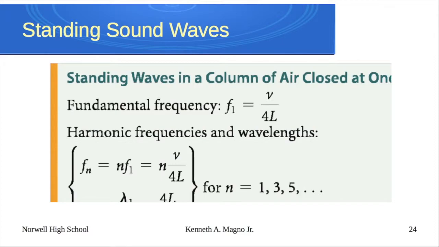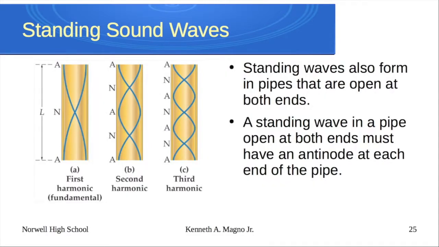All right? So I start realizing that for standing waves in a column of air in a closed tube, it follows that whole kind of f1 equals v over 4L, but it's going to have that n times f1 situation where n is 1, 3, 5, just the odd integers. I can't have the even integers, okay, for the closed tube. All right. For the project, though, you only really have to worry about calculating based on f1 because we're just assuming you're building around the fundamental frequency. If you hear the other ones, that's just the way your instrument is designed, allowing itself to resonate at those other frequencies.